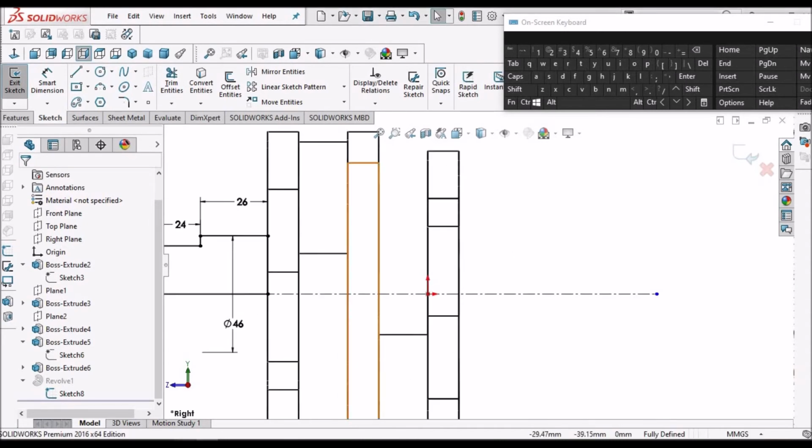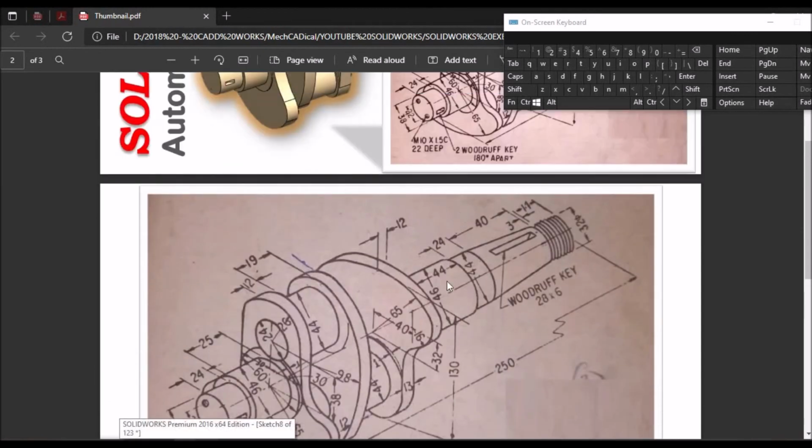So other side is a little bit tapered. See, distance is 44, 24, 40, and diameter is 44, 46, and this distance is 11.